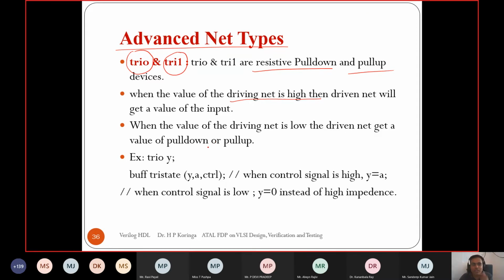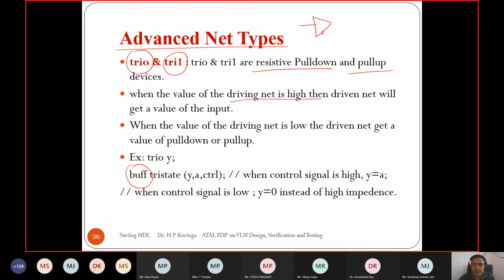But when it is not driving, if we define it as tri0, then it takes the value 0 instead of high impedance. And if we define tri1, then it takes the value logic 1 instead of that high impedance state.